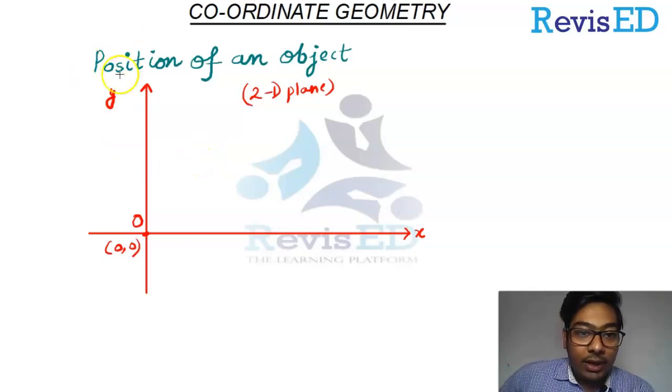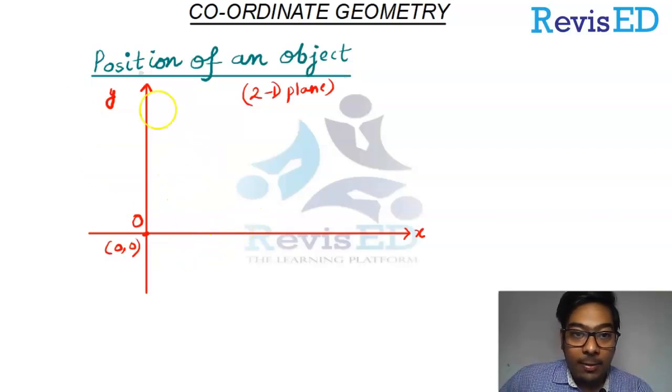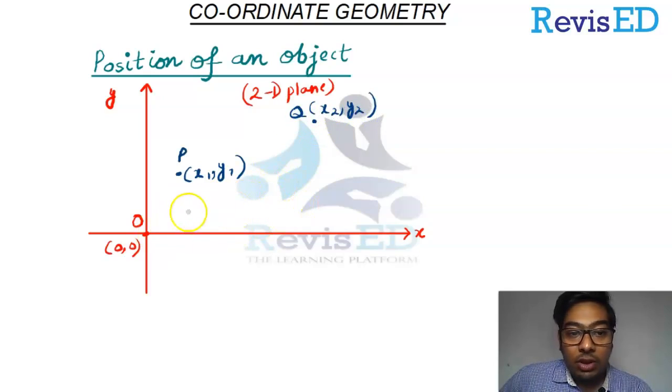So let us take a random point. Let me underline this so that it gets highlighted. Now let us take a different color, let me use a dark blue. Let me take a point P. In a plane, the coordinates of the point are x1 comma y1, and this is my point Q, x2 comma y2. So why are we doing this? We'll be understanding the position of an object with reference to an axis, that is the x and y axis, and the position of objects will be taken with reference to the origin, that is 0 comma 0.